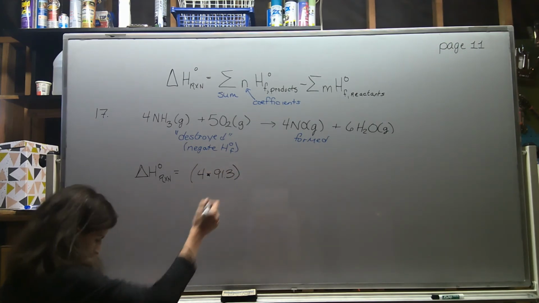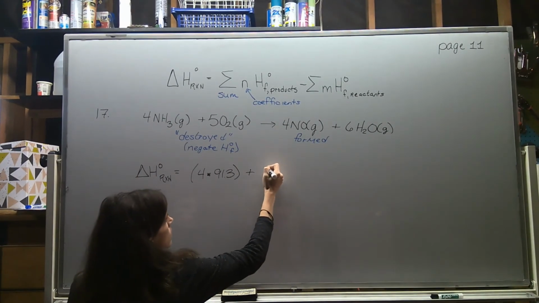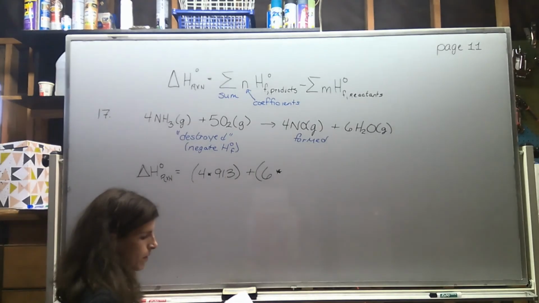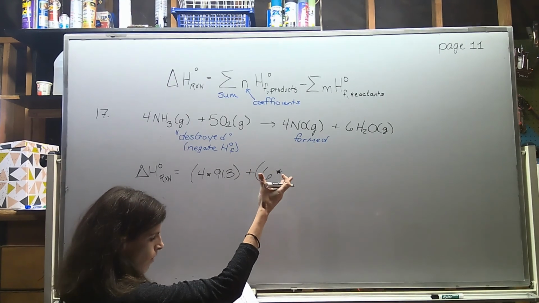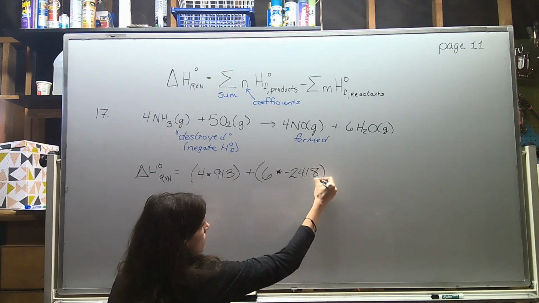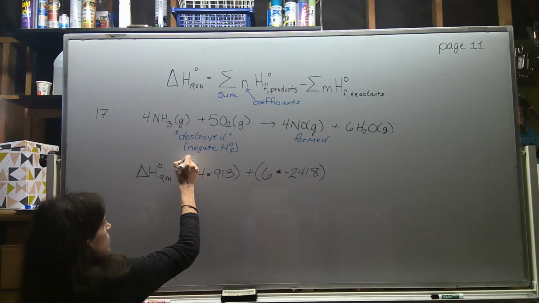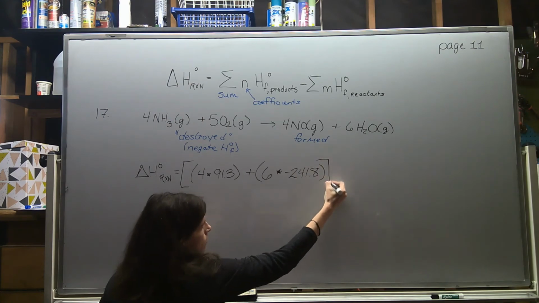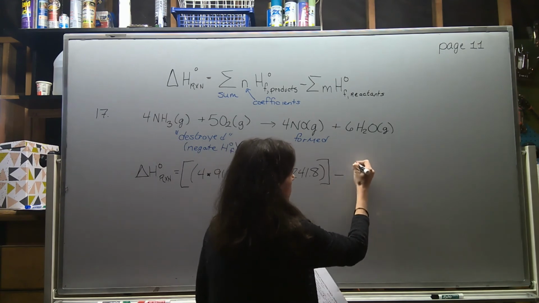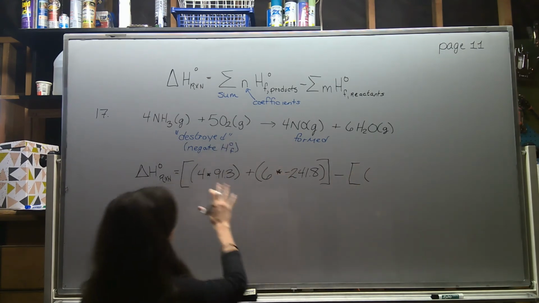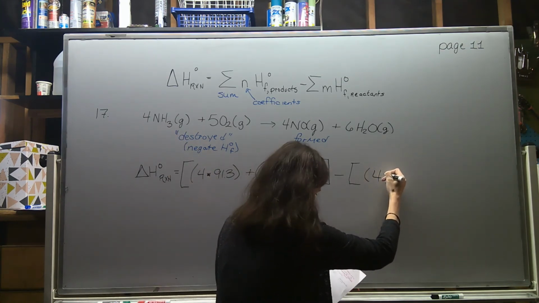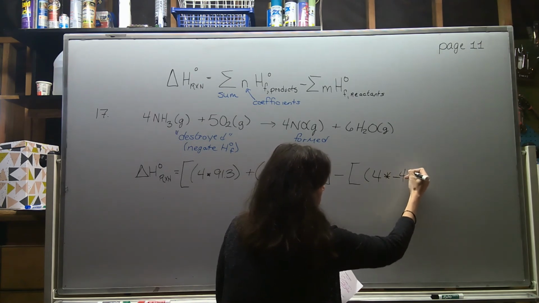So I'm going to do 4 times 91.3 plus 6 times the water value. Make sure you're grabbing, if you're using a bigger table, the water in the correct state. So this is gaseous water. And I usually use a bigger set of parentheses again because I'm prone to little mathematical errors throwing this in my calculator. Minus, so those are my products. I'll grab the value for ammonia, and there's 4 ammonias. So 4 times negative 45.9